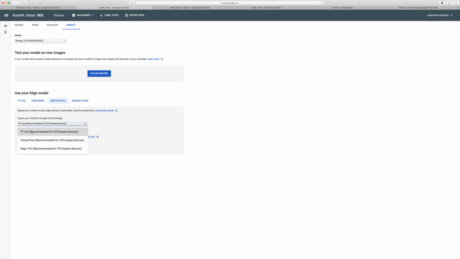So you can actually export this even if you don't use Edge TPU. TF Lite is pretty good if you are running it on an ARM or x86 CPU. And TensorFlow, if you have, for example, an NVIDIA Jetson Nano or Jetson TX2, and you have a GPU that can understand TensorFlow in its current form, you can choose this. Edge TPU is a highly optimized one, and this is what we really want to use. So we choose Edge TPU and click on